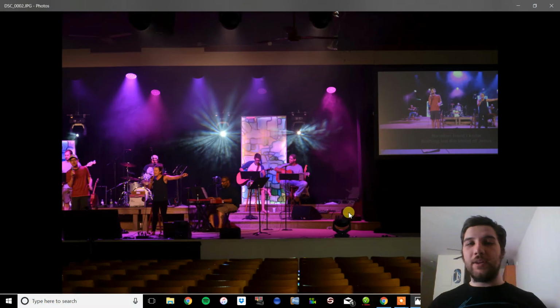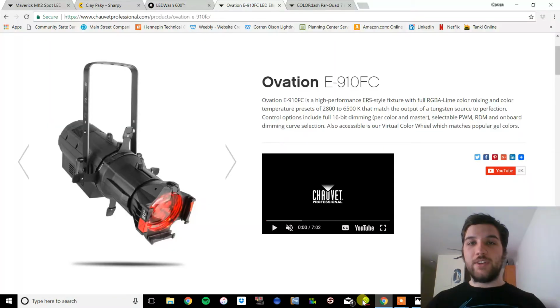Alright guys, so next we're going to talk a little bit about different fixture types and how they're going to be used in the church environment. So first I want to dive in here. We're going to talk about first a typical profile fixture. This is going to be used for your front light typically. This is the Chauvet LED front light stuff. This is full color mixing, so you can do complete color control of it. They also have just warm white versions. And then obviously there's the traditional